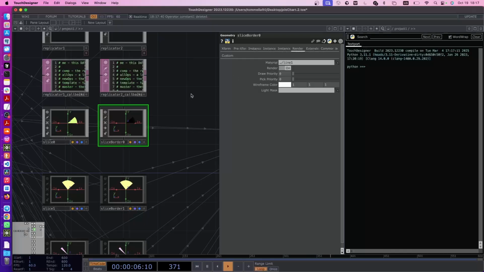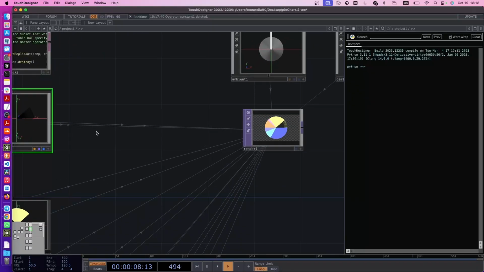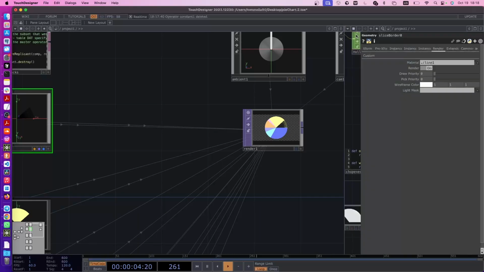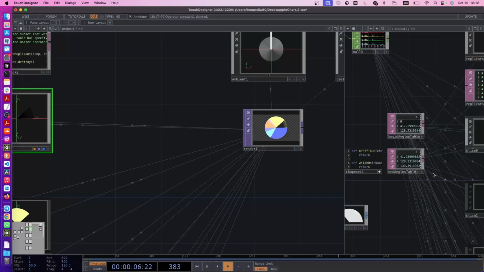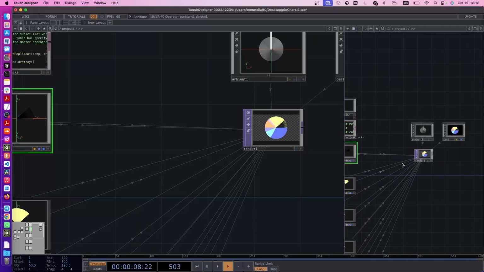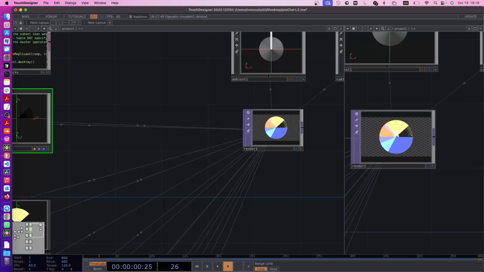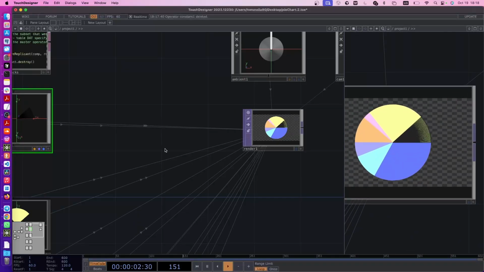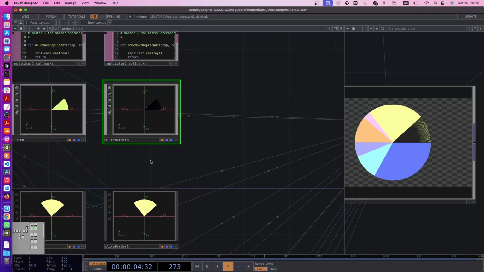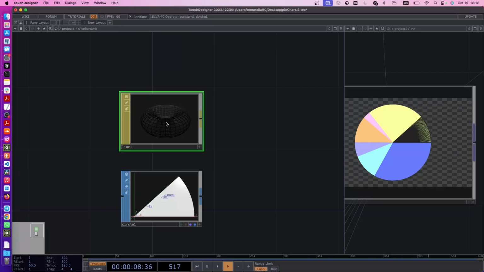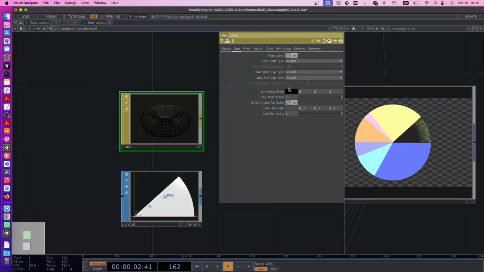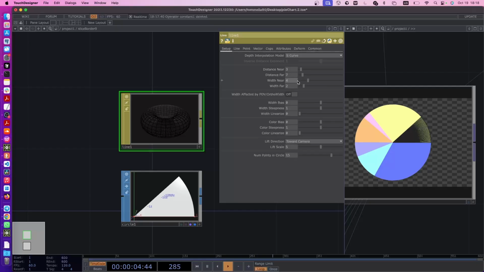Now it's clearly too big, so I will modify this viewport into network editor, so we can take a look at our output here. Okay, and let's go inside slice border 0. I will modify these